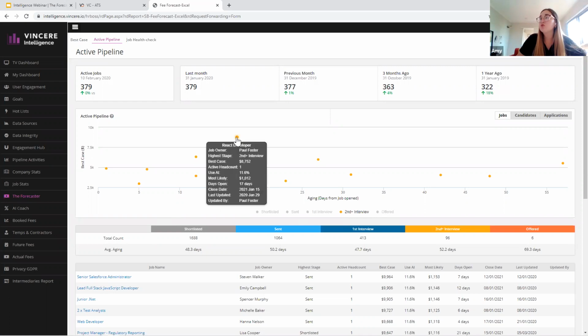And each of these bubbles represents that job. So I can just hover over it and say, okay, Paul, you've got this job, which is at second interview. There's potentially 9 grand sitting there, and it's been open for 17 days. And based on your closure rate, there's 11% chance that we're going to close it. Okay, let's push and see what we can do. Okay, so it's a really great tool to understand each of your individual teams or consultants' pipelines by stage within